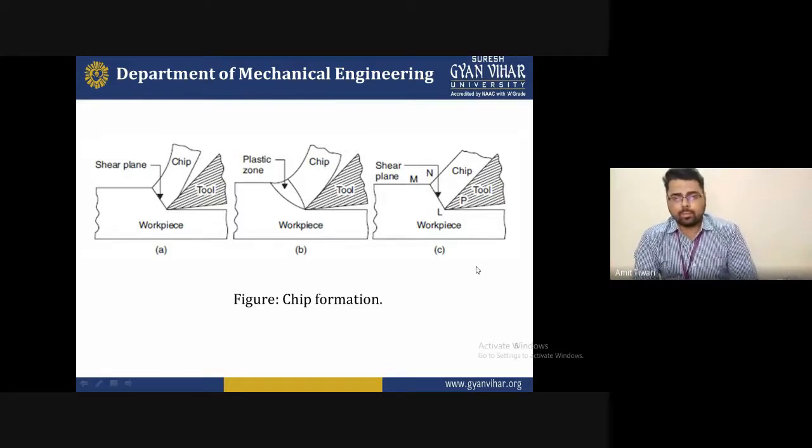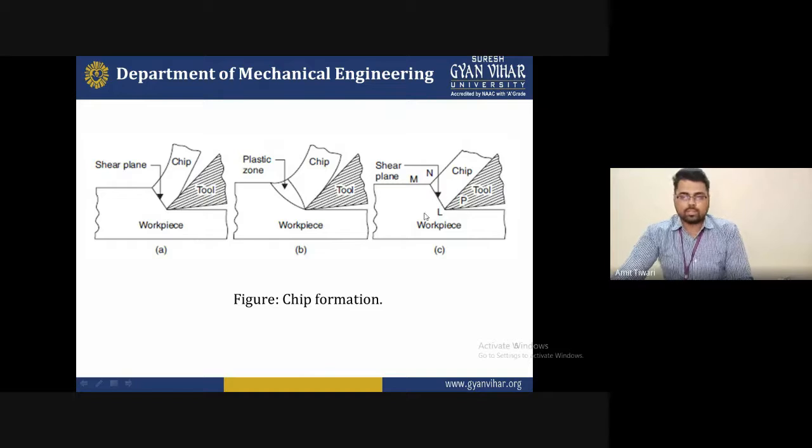So what happened basically in the chip formation, we just identify how the chip will start to occur, because whenever the tool is striking or compressing the cutting edge into the work material, our depth of cut is increased, and the removal of material increases. So with the removal of the material, we will show that the formation of the chip is generated and sliding over the face of the tool.